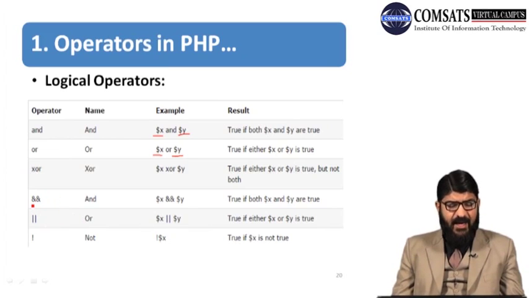And then the AND symbol, which is basically mentioned as && as well. So this representation is true if both the values of x and y are true. This is basically matching, and this is basically assigning. Then the OR symbol, so if either x or y, one is true. And then NOT, it means if x is not equal to true.